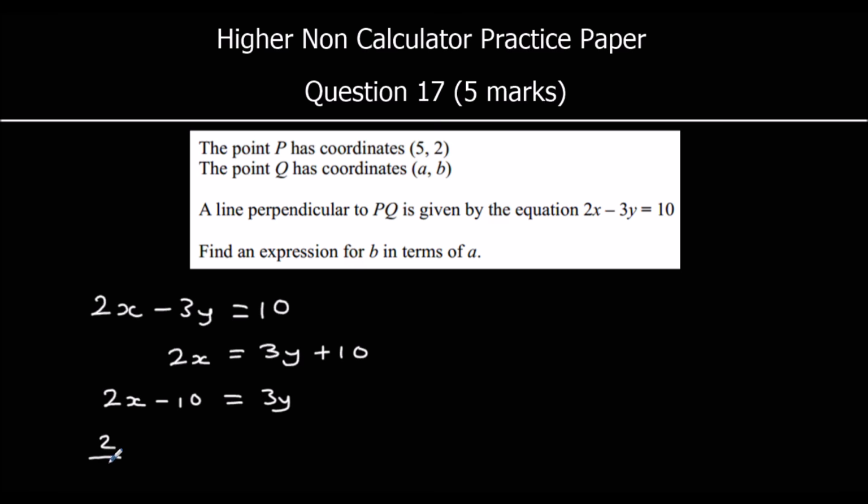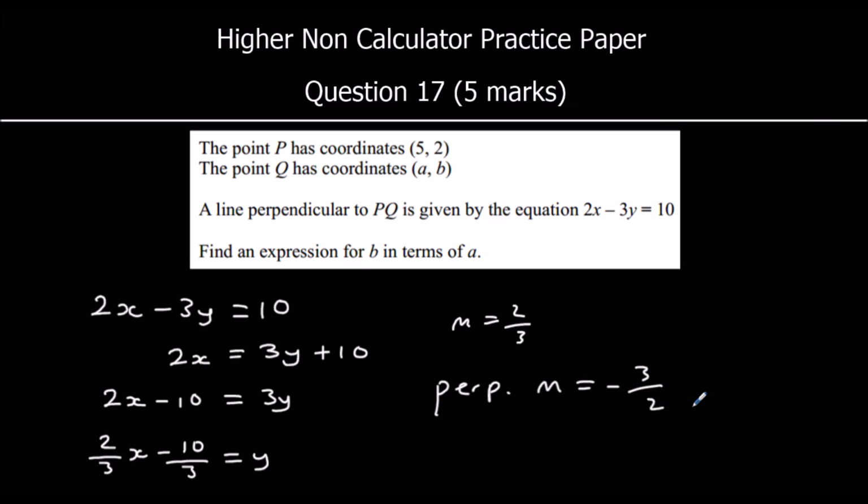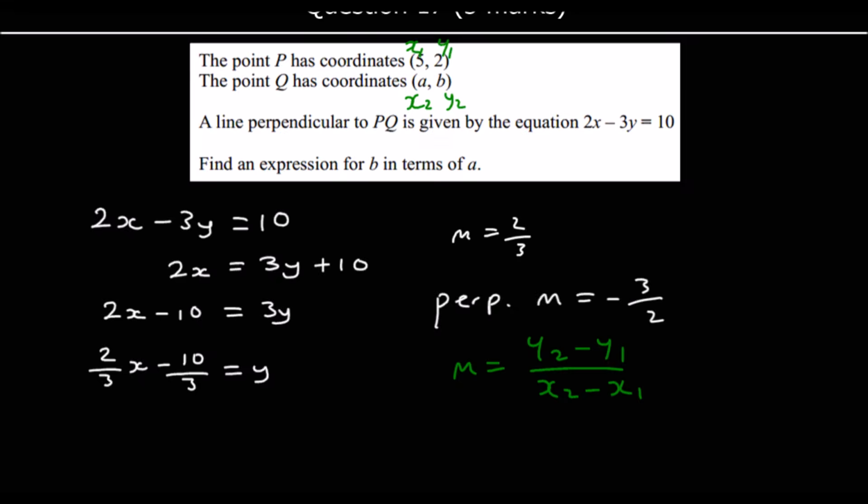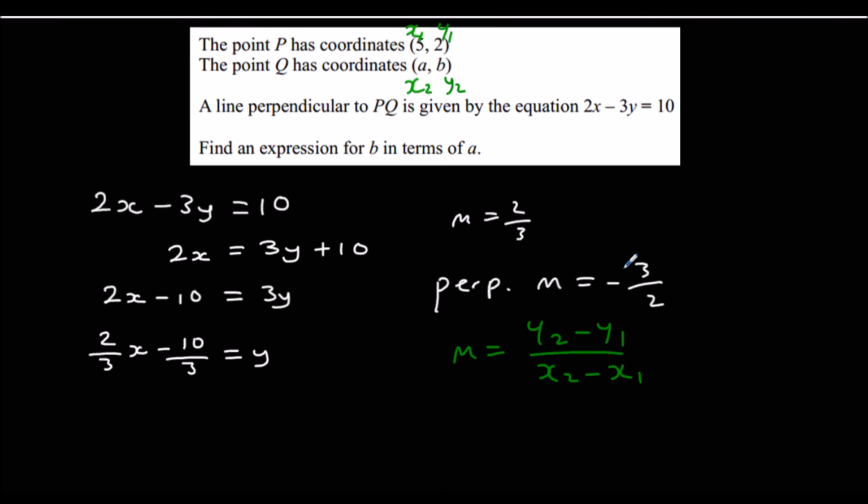So I've got 2/3 x minus 10/3 equals y. So it's in the form y equals mx plus c. It's got a gradient of 2/3. So the perpendicular gradient is a negative reciprocal, minus 3/2. I've got x1, y1, x2, y2, and the gradient is the change in the y's divided by the change in the x's. So minus 3/2